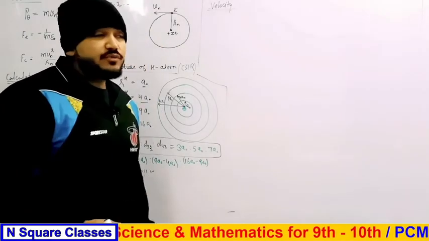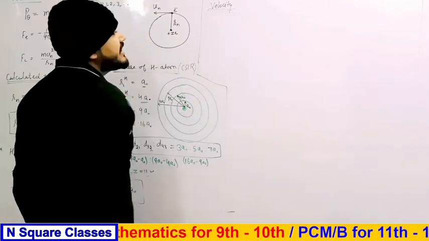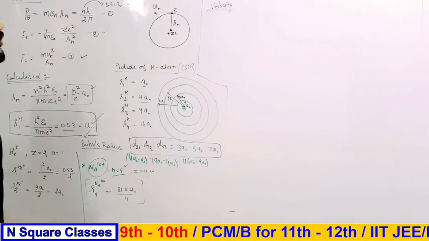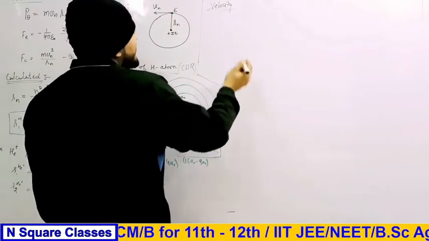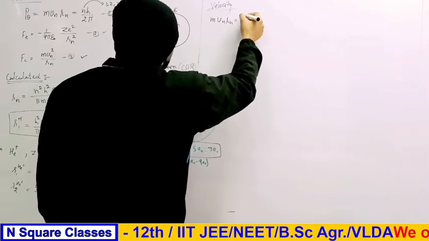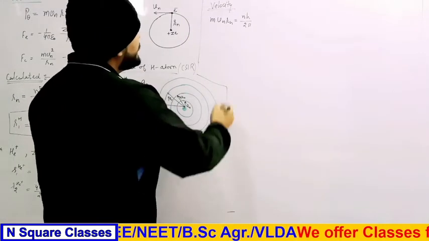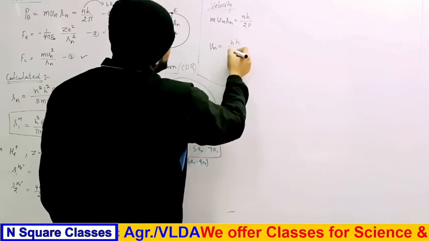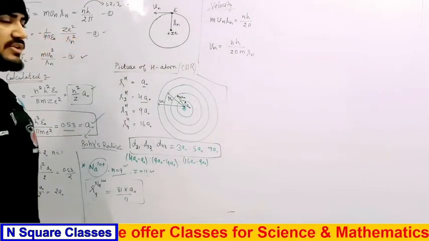Okay, now we are going to calculate velocity. How can we calculate this Vn, that is the velocity of electron in the nth orbit? For that we know that mvrn equals to nh upon 2 pi. So using this result for angular momentum, that is the condition for the circular orbit, thus mvn rn equals to nh upon 2 pi. Okay, now using this result, we can calculate here directly Vn. This Vn equals to nh upon 2 pi m into Rn. Is it fine or not?